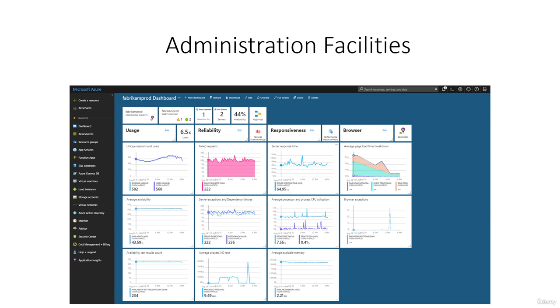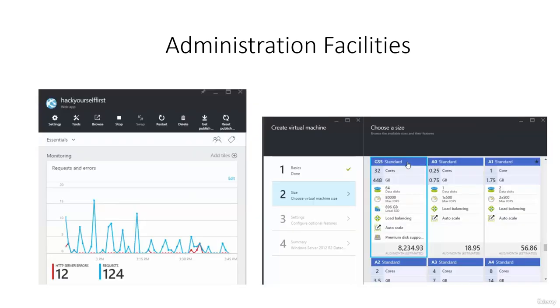As an example, websites such as Hack Yourself First is a deliberately vulnerable website used to demonstrate typical web security risks. As you can see in the left side picture in this slide, it runs up here in Azure, and were an attacker able to compromise my administration facilities,